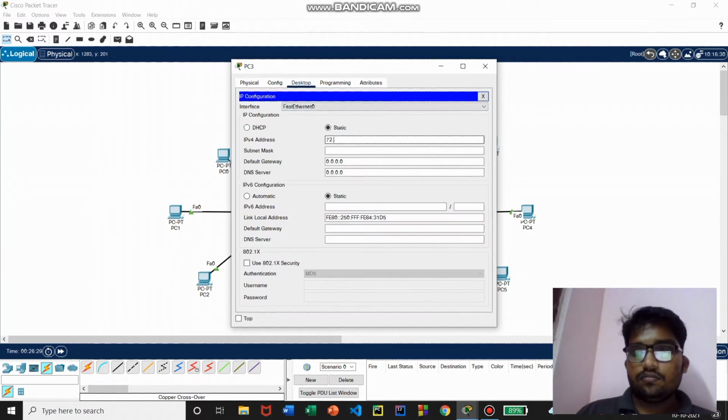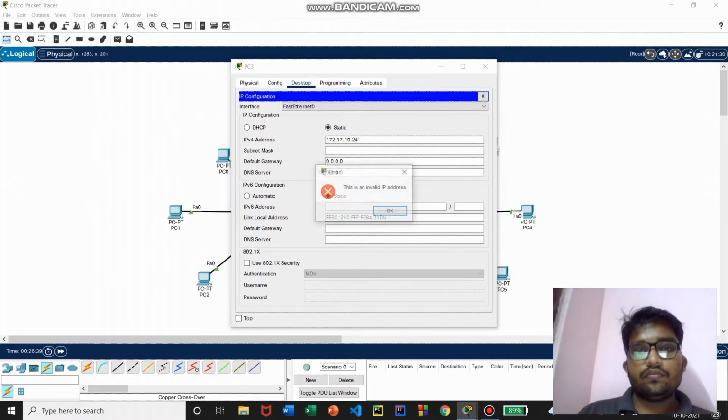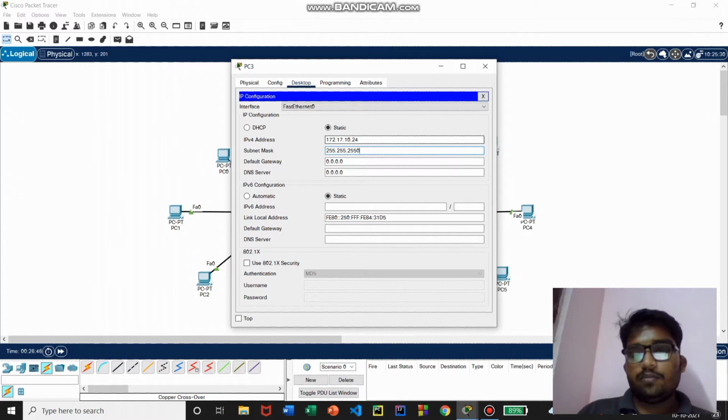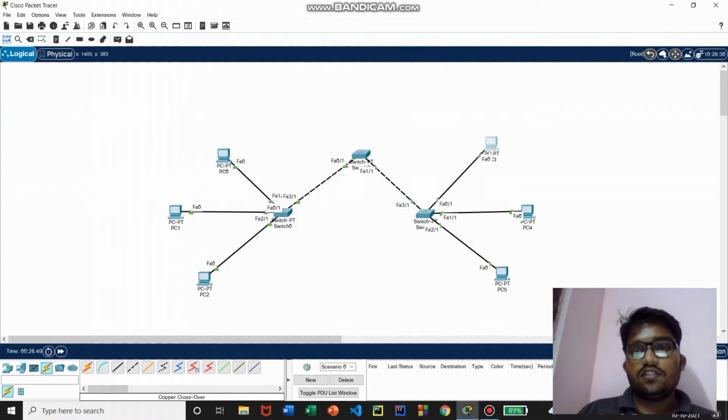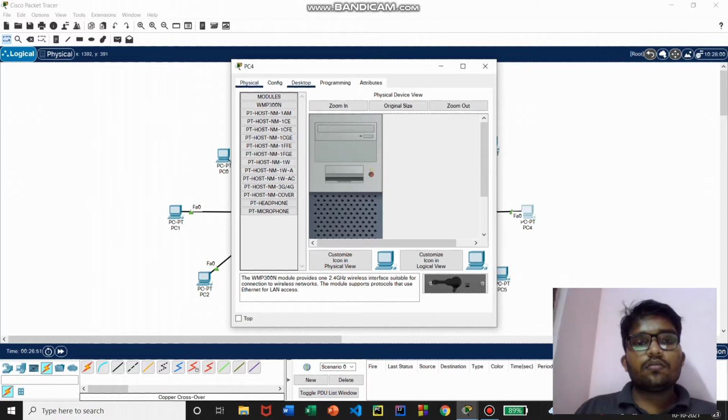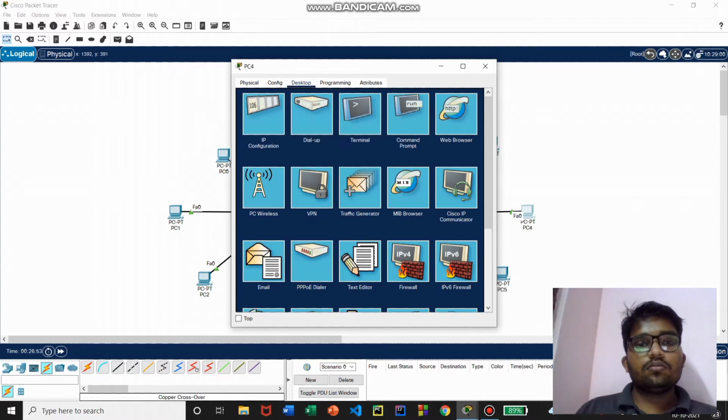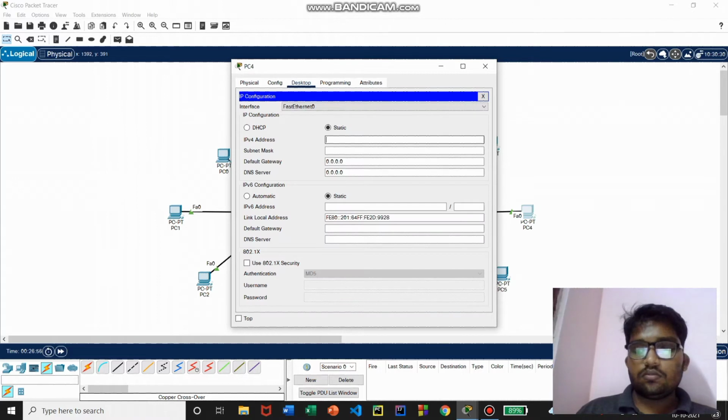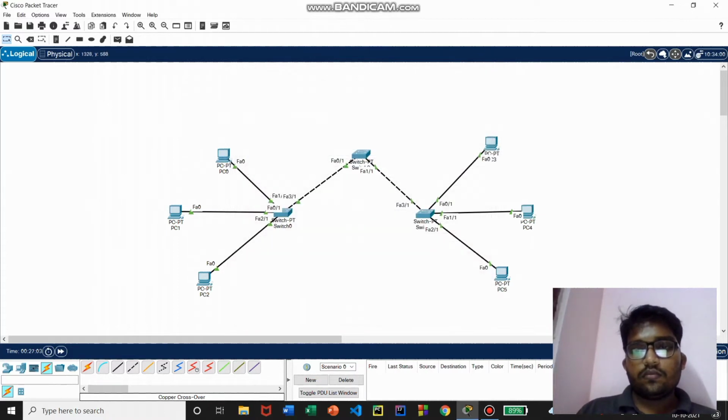Let me give the IP address here, 172.17.10.24. This is the subnet mask, and this is the next PC, 172.17.10.25.